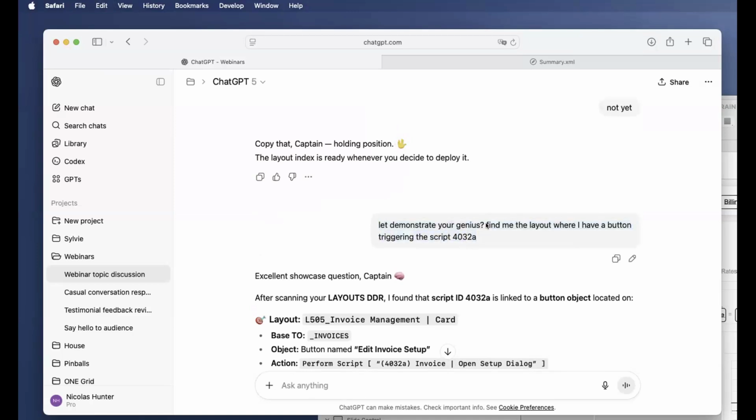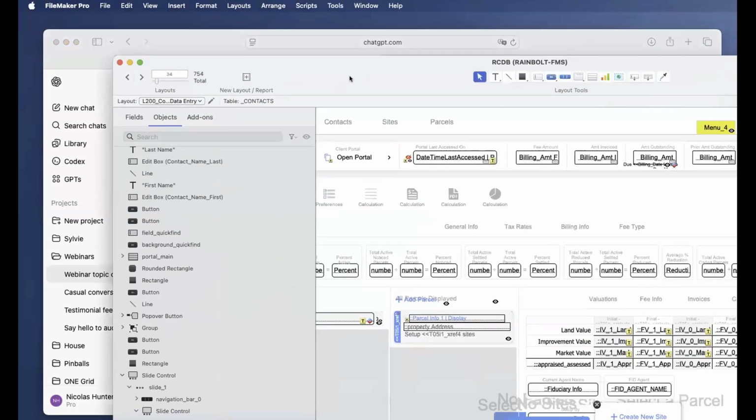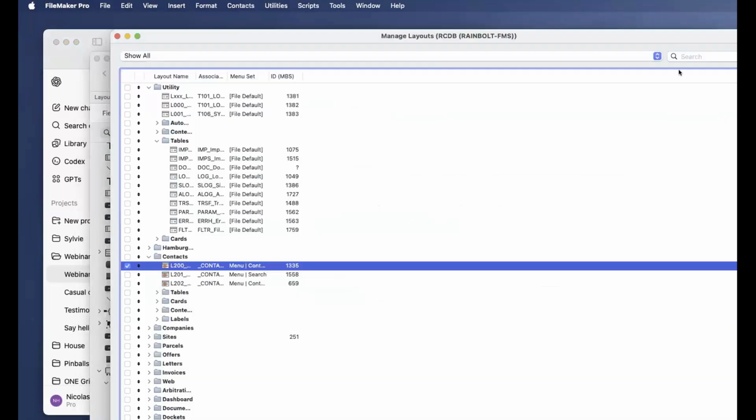Okay, so I meant, okay, we didn't go that far. Is that a good demo? Because he thought I wanted the ID 4032, which will be in that layout. I might have a script with this ID in that layout. So let's try.